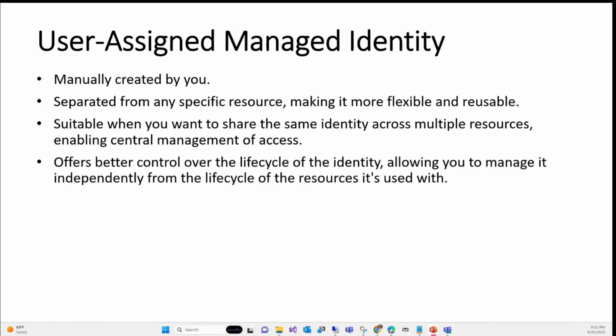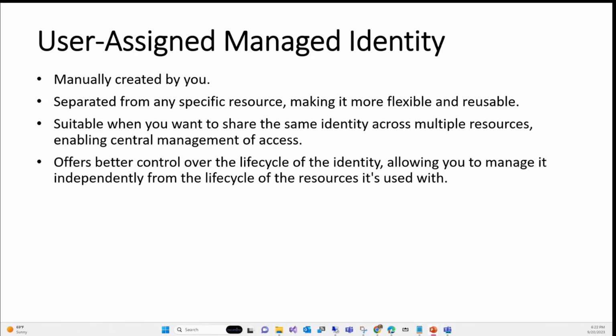The next one is user assigned managed identity. Instead of going to a virtual machine and turning on an identity that only applies to that resource, now you need an identity that can be shared across resources, right? You want to create an RBAC for one identity, and you want to use it by a virtual machine, by a web application, by a function app, and so on. You name it, right? In this case, you create a user managed identity. You go to Azure, create a user managed identity, take that identity, and then enable access from your code.